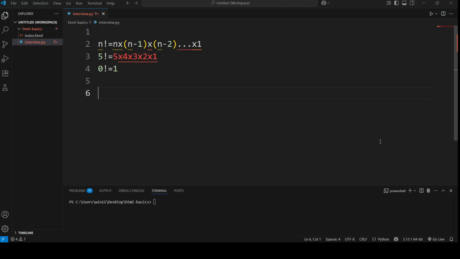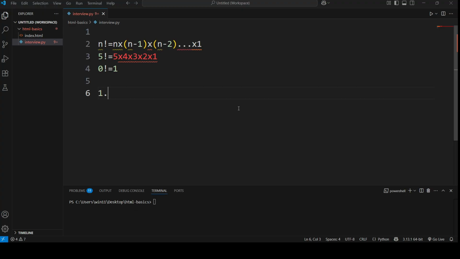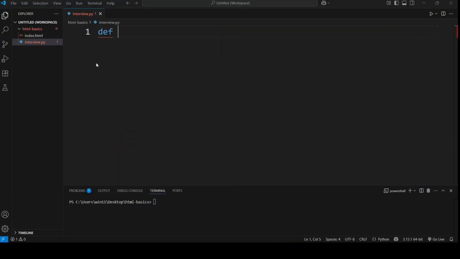Try to give a solution for this using two methods. One is iterative, and another one is using recursion. So let's see both the approaches. So now let's see the iterative approach. I will just define one function, factorial_iterative,